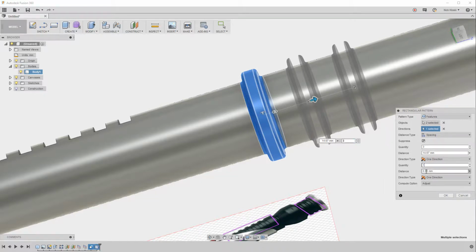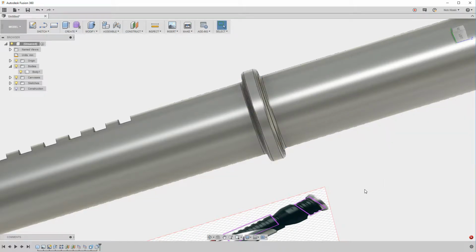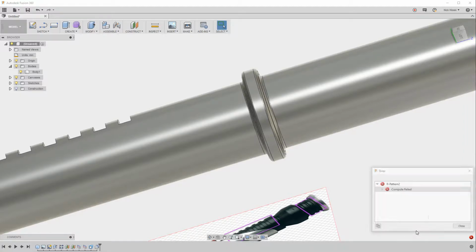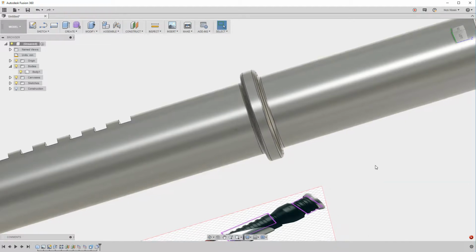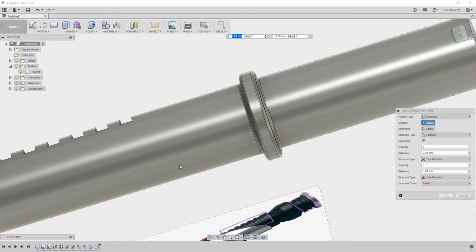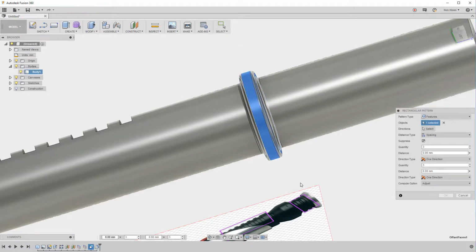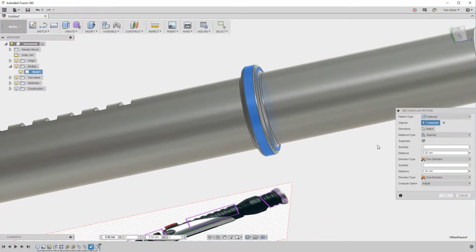And change this to 1 and try to click OK, and Fusion will not do it. And eventually it'll give an error down here. More info, it just says compute failed. No fillet edge found. So let's try to do this again with features of just the offset faces, like that,